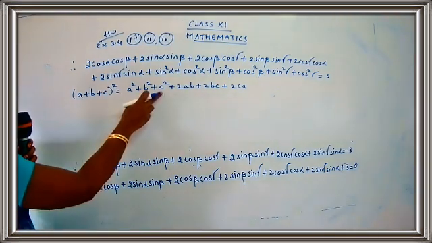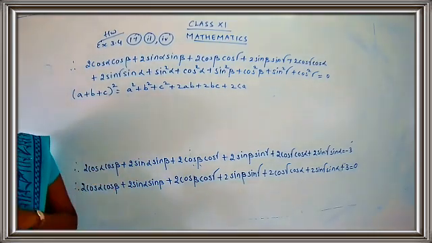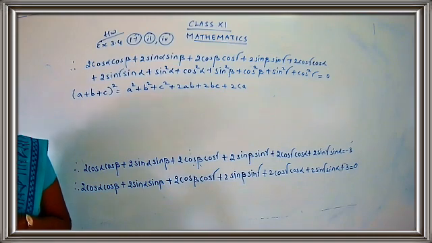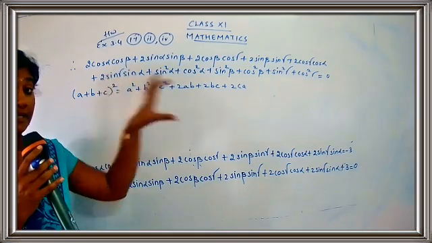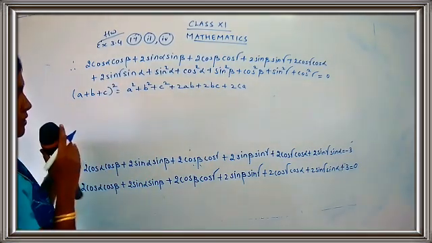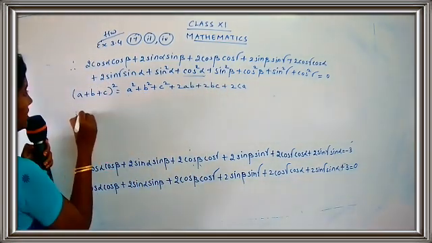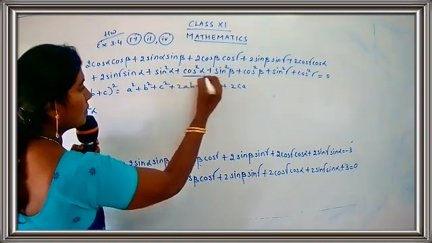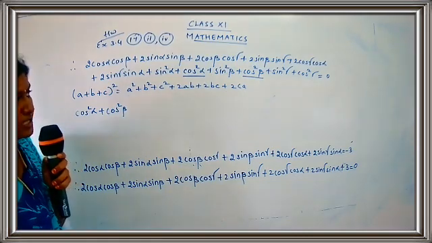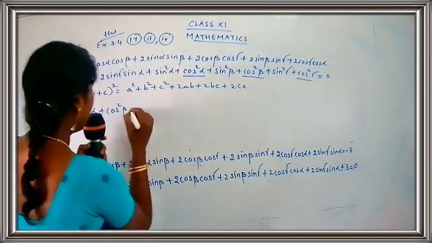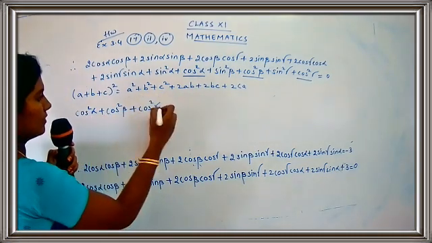A square, B square, C square. What I'm going to do is, actually in the proof part you want a sign. What was the question? Yeah, the question was to show cos alpha plus cos beta plus cos gamma. That means you bring the cos terms together and bring the sine terms together. So I'll start from cos. Okay, I'll start from cos, no problem. I'll take all the cos terms. So I'll get cos square alpha, cos square beta. Here no need to worry about the sign because everything is positive. Then cos square gamma. So A square, B square, C square.